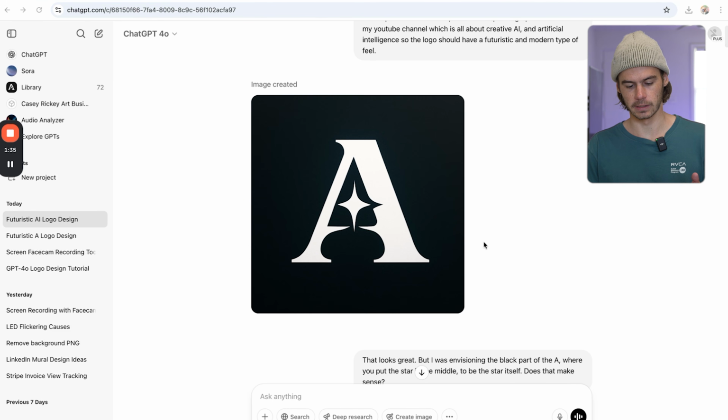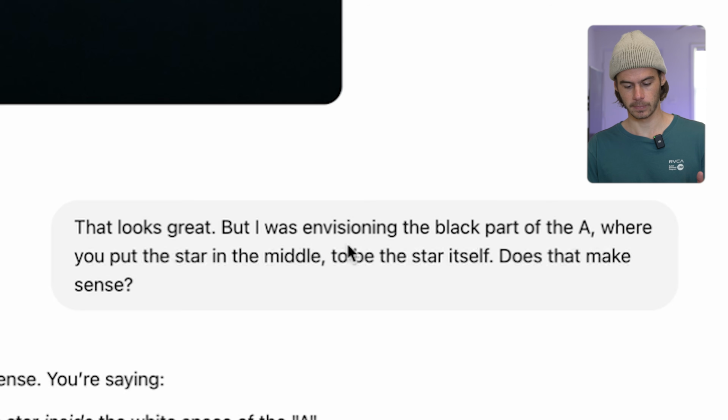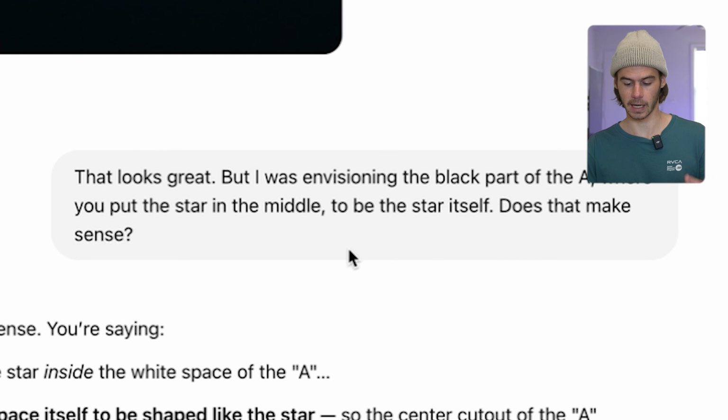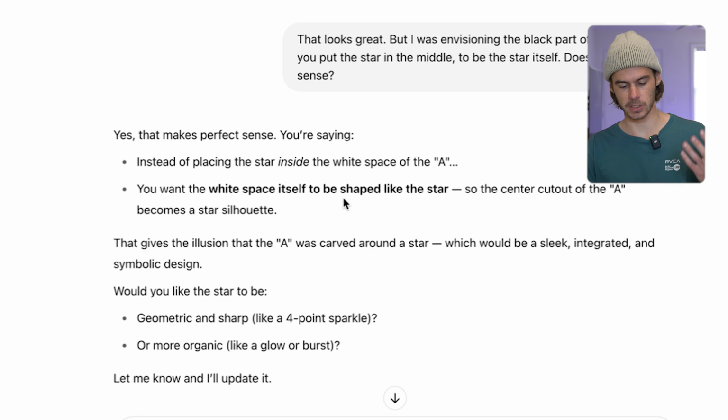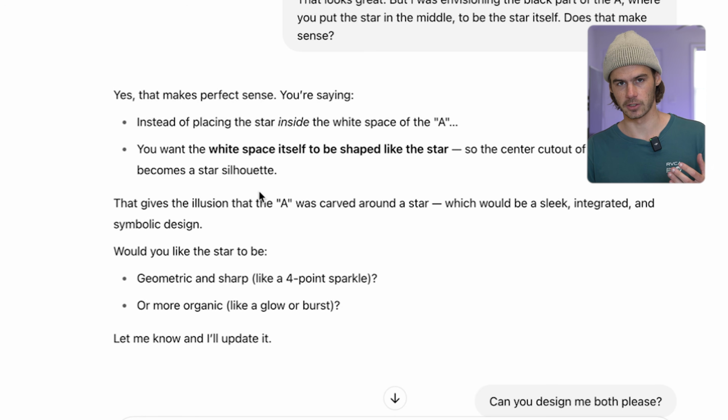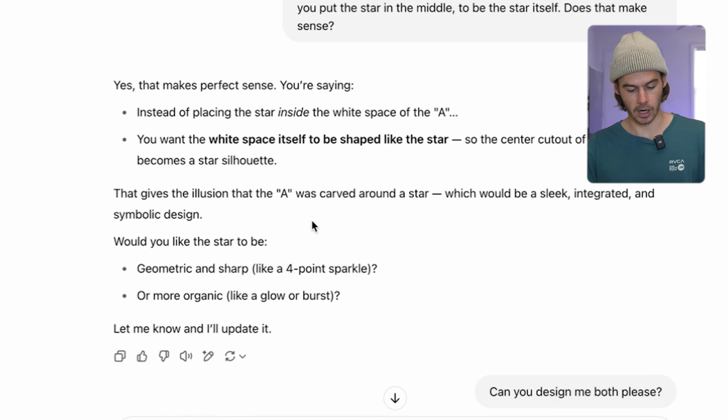But what I had in my head was actually to use this black space here as the star itself. So I asked ChatGPT, that looks great, but I was envisioning the black part of the A where you put the star in the middle to be the star itself. Does that make sense? ChatGPT responded saying that it does. And I just asked that to get clarification because I didn't think I did the best job of explaining what I wanted, but I think it got the gist, and it actually gave me some more options,